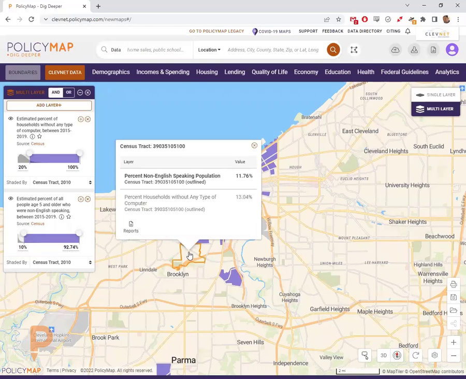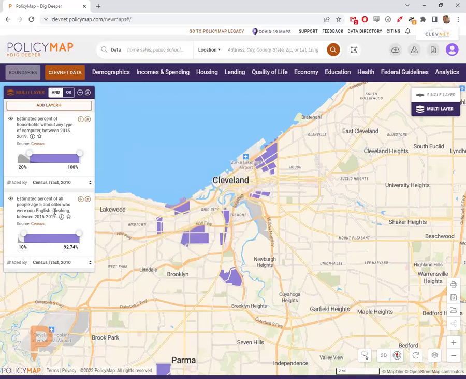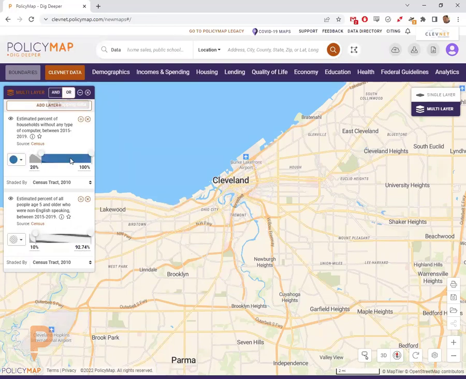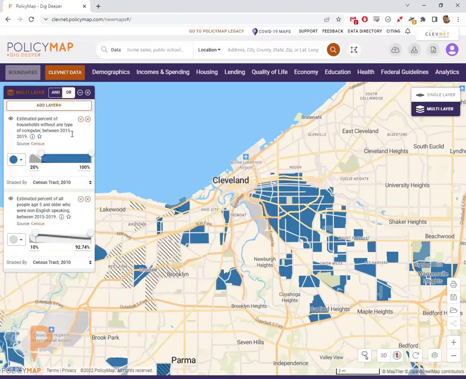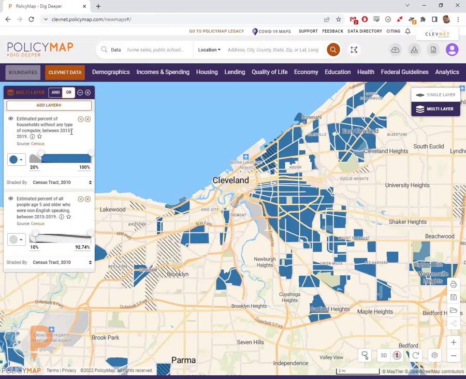Sometimes the surrounding neighborhood is just as important, and it'll give you a little more context. So you can change the query that's being done in the multi-layer maps from what we call an AND function, which is the intersection of data, to an OR function, which is the overlap of that data. And then what you'll get is all the places in the